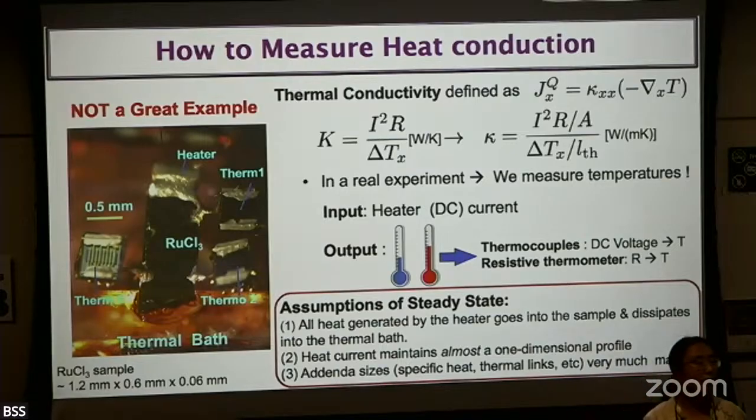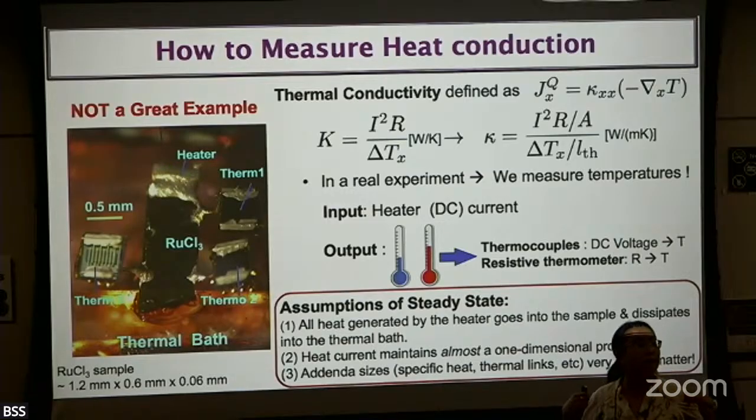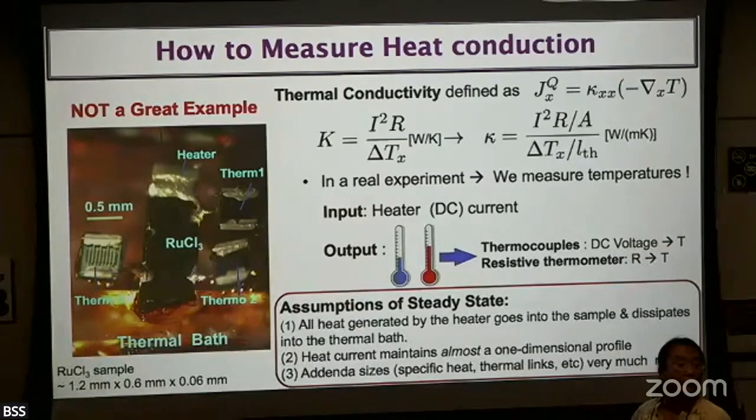The thermometer was attached through silver to the Cernox sensor, which is another Cernox sensor, so three Cernox sensors. The worst part of this sample was actually over here, between the sample and the heat bath. The attachment was really not good. So what happened is even if a small amount of heat goes in, your entire sample heats up. Actually not shown here, just underneath, there's a thermometer for the heat bath, and it was heating up really fast. That's the way we could tell that the sample-to-bath connection was not good.